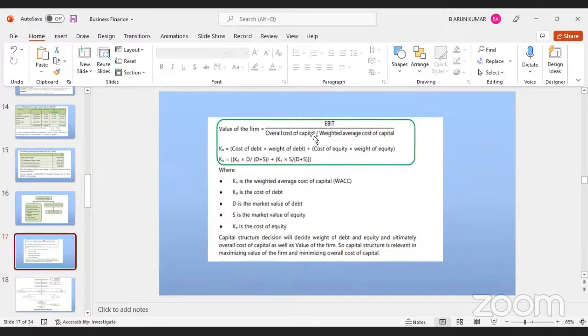This is the explanation part, where KO is the weighted average cost of capital. KD is the cost of debt. In this formula, KD is the cost of debt, D is the market value of the debt, and S means the market value of equity. So don't confuse; this is the base, this is the value of the firm. How we will find the value of the firm means